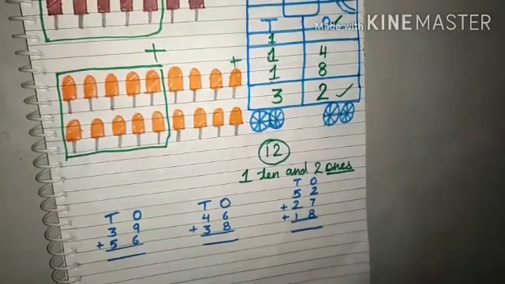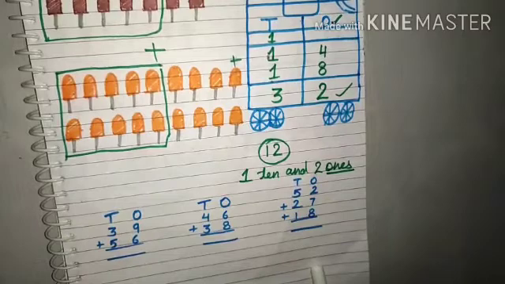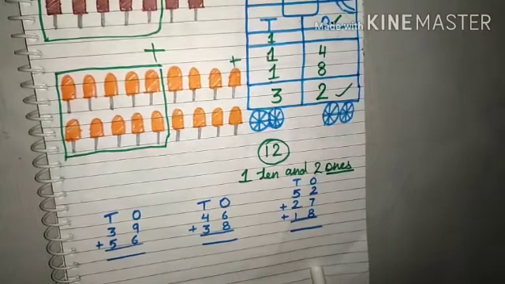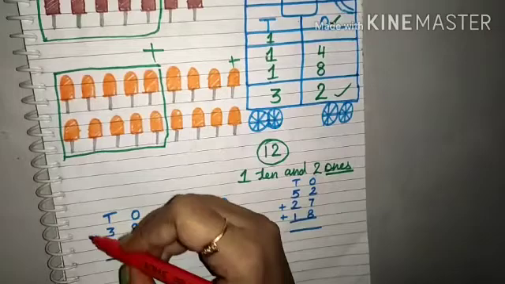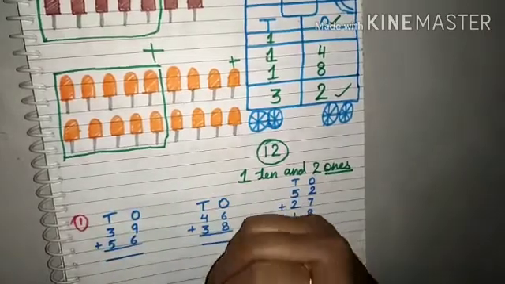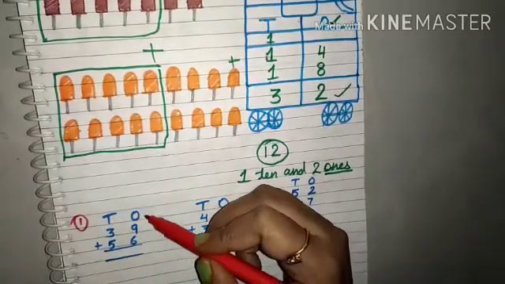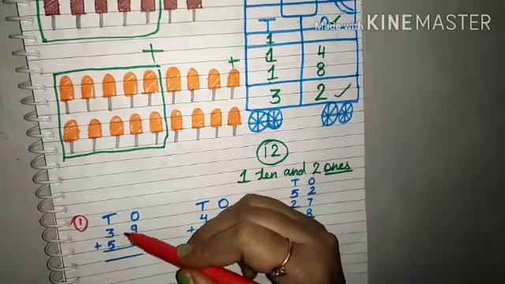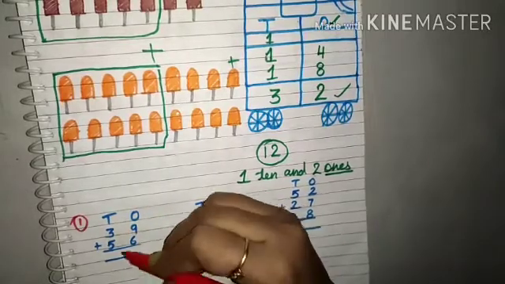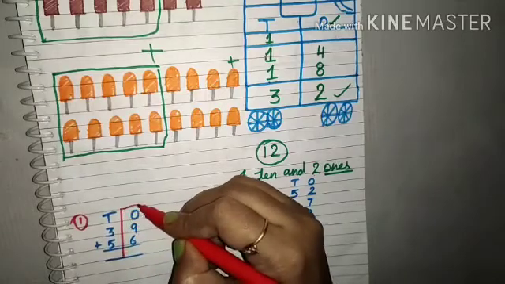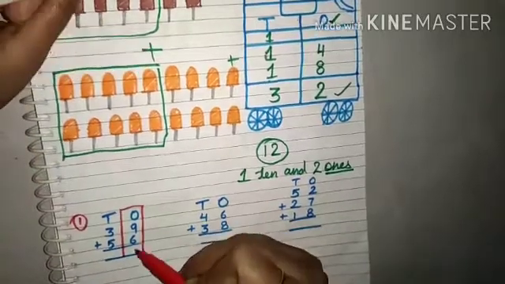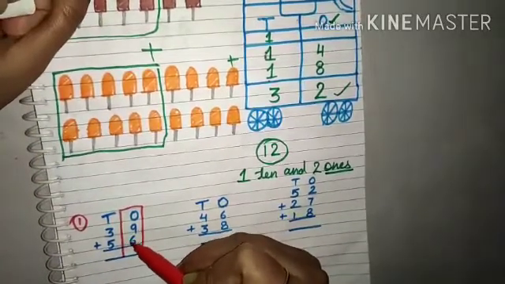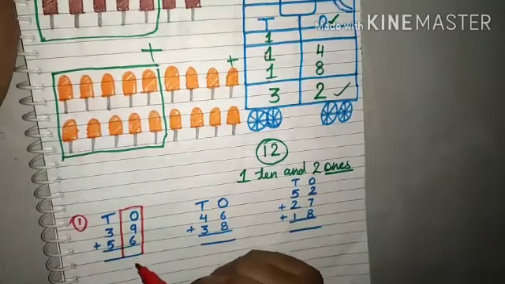So for more practice, I have taken here some of the sums from exercise 3.2. So here I am going to do number 1. So what was the method? First we will add one's side. Okay, so I am going to add these addends. Okay, so first we see which one is greater. So 9 is greater than 6.